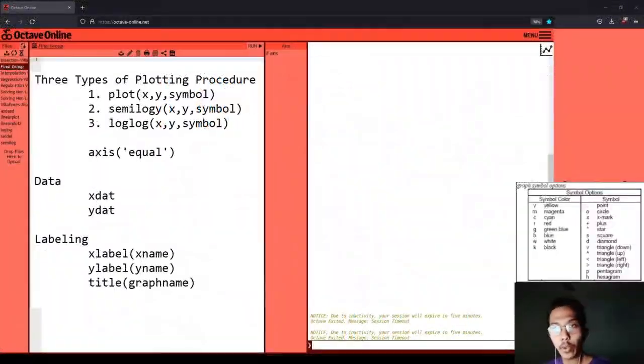So after knowing the three types of plotting procedure, we will now proceed to the data of our plot. In setting up the data of our plot, we will be using two functions named xdata and ydata. xdata is used for the data in the x-axis and ydata is used for the data in the y-axis. And after the data is set, we will need to label our x-axis, y-axis, and the